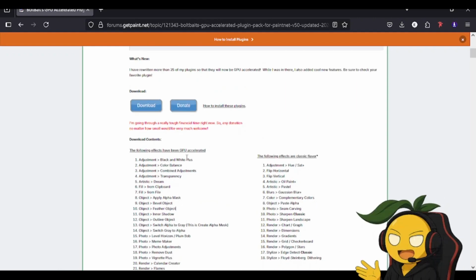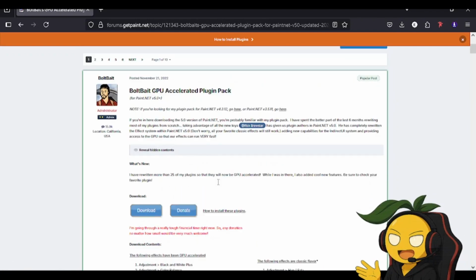It's going to be a big help because this alone does so much of what we would need to do if we were using the old method of having to go from Paint.net and jump all the way to GIMP and stuff. It's going to reduce so much, and I'm going to show you. It's going to be very easy, guys. Very easy. So what we're going to do is download it,